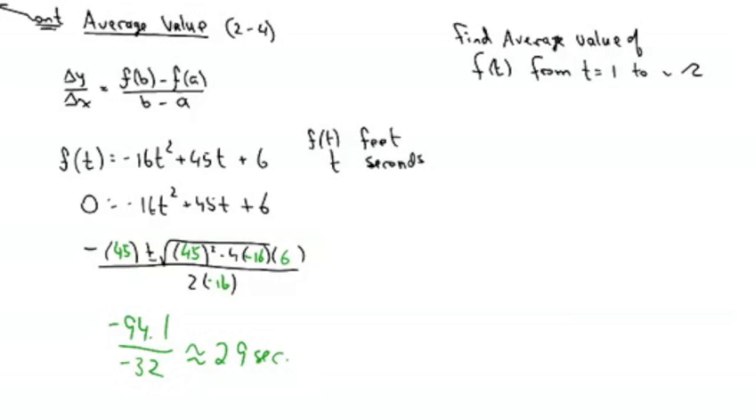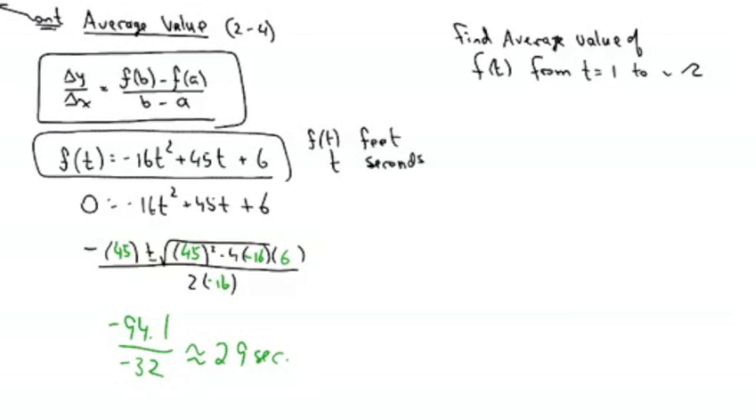So what do I do? Well, I need this formula, but I highly suggest you don't memorize the formula because on the left-hand side it just says find slope. So to find the slope, what do I need out of f of t? Well, what am I given? I'm given t equals 1 and t equals 2. So what do I need to find? If I tell you one variable in a function, you want to find the other. And the other in this case is f of t. So I need to find f of 1 and f of 2, and then plug them into the formula.